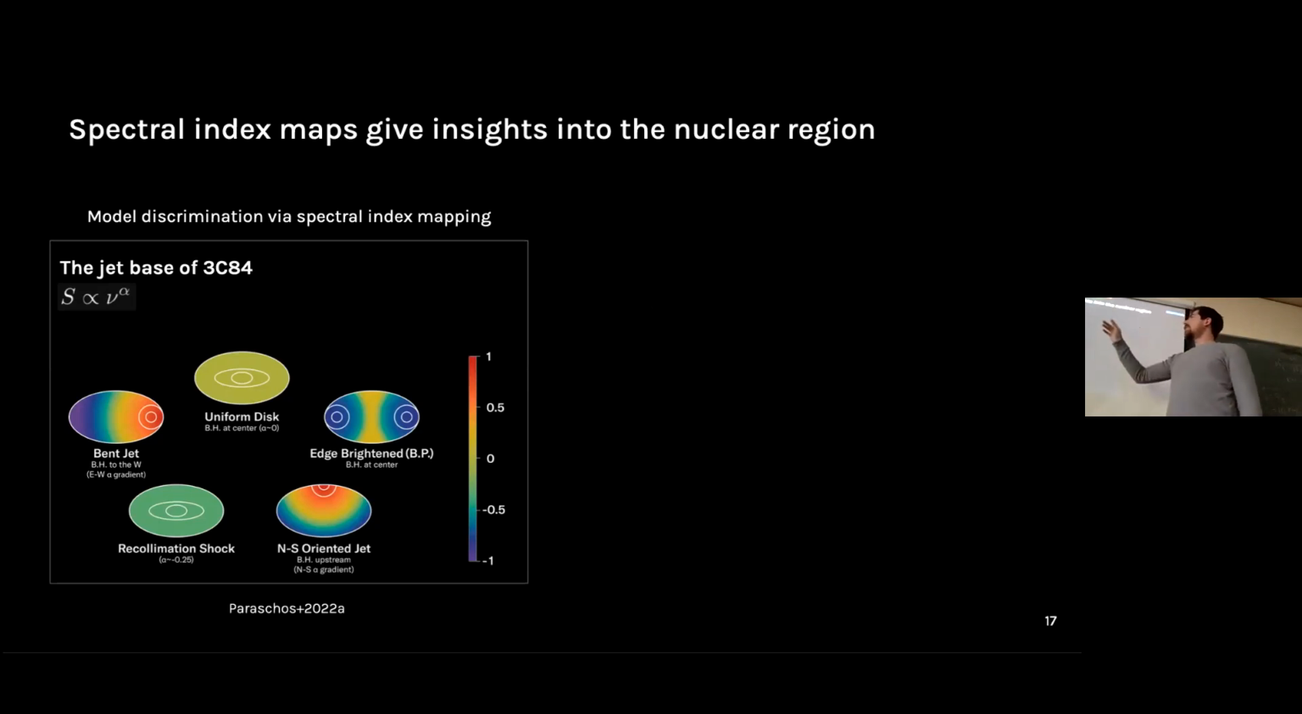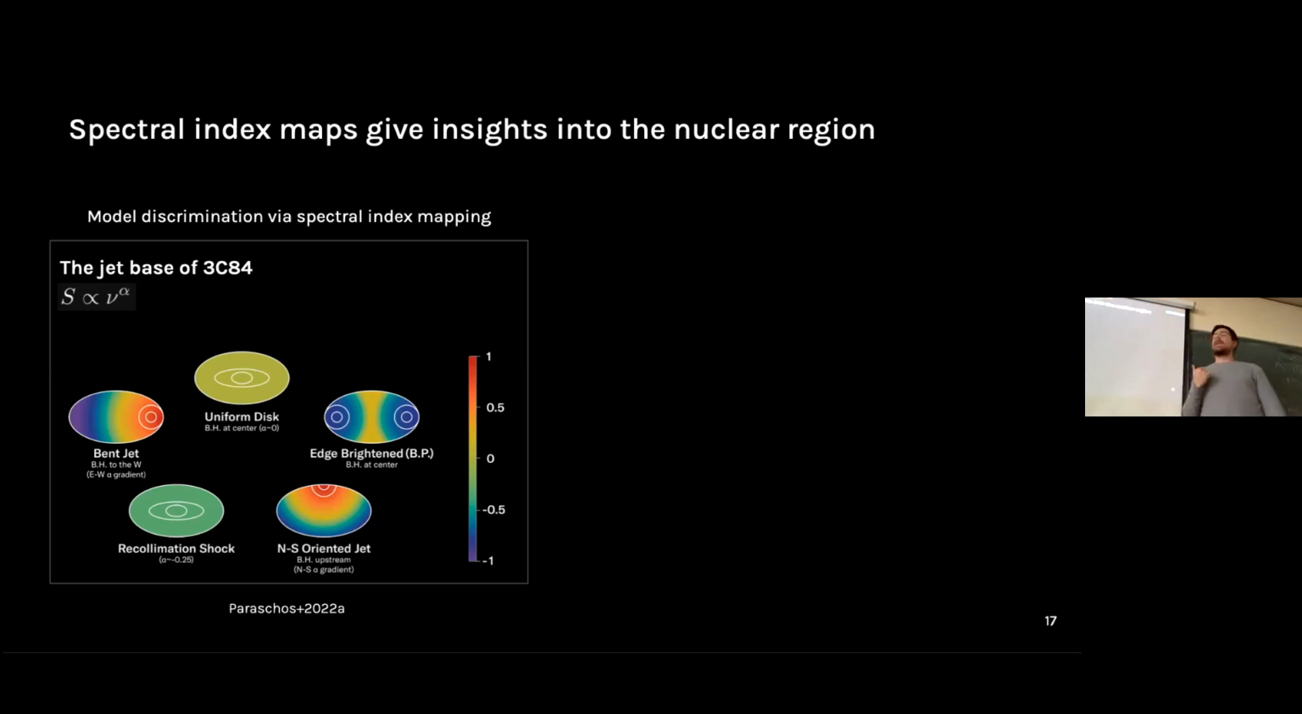I should also mention that our definition of the spectral index is as shown there. So the flux is assumed to be proportional to the frequency of observation to the power of the spectral index alpha. Starting from the top and going clockwise, if we have a uniform disk with a black hole at the center, we expect that there is no spectral index gradient, and the spectral index should be rather flat, so around 0. If it's an edge-brightened jet with the black hole at the center, so a Blandford-Payne type of scenario like I showed in the previous slide,